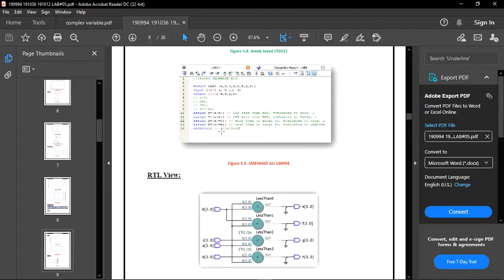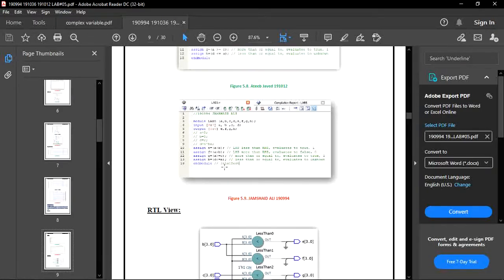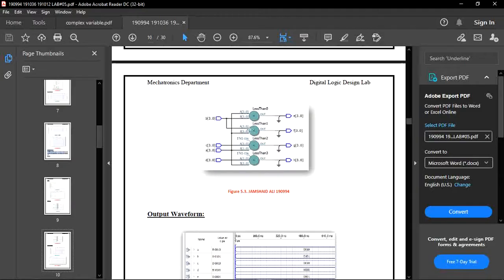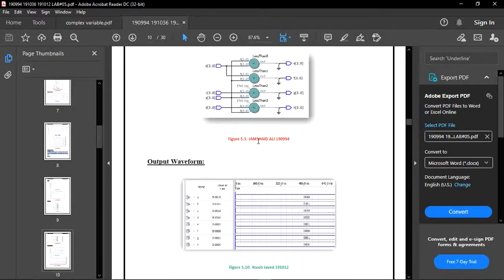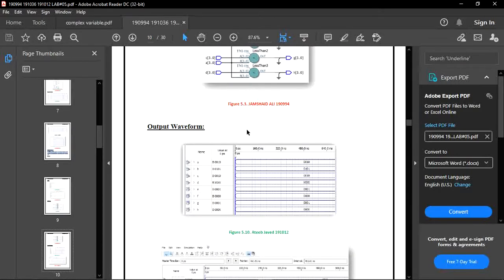If A is greater than or equal to C, then it evaluates to 1. If A is greater than or equal to D, then it evaluates to unknown, which is our X variable. So now this is our RTL view of our basic code. Here we can see less than 0, less than 1, less than 2, less than 3. All our operations are performed correctly in RTL view. So now we are moving towards our output waveform.